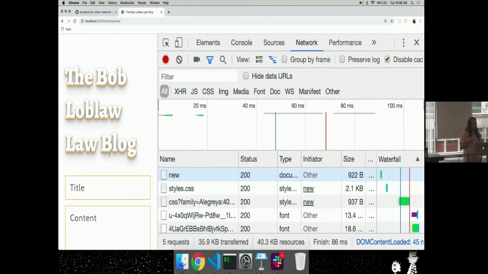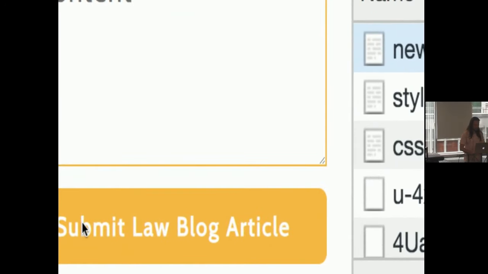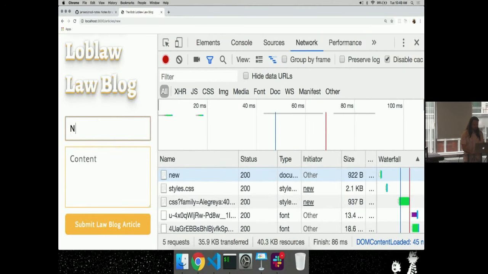So when I create something on my server, I'm going to represent that as two different routes. One route is a GET request that sends the server HTML that has a form in it. And when I click this button down here, it sends a new post request. Cool. So here, I'm going to click this button, and now it's going to do the second request, which is a post request.